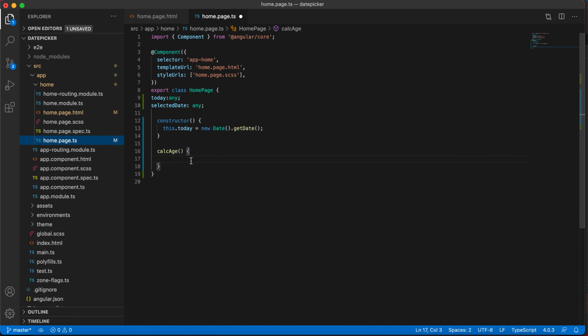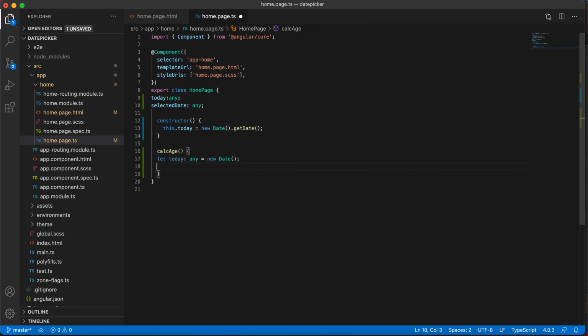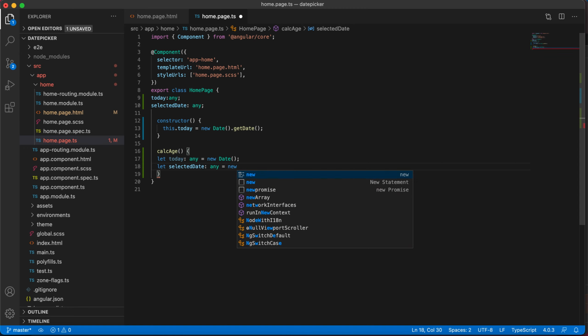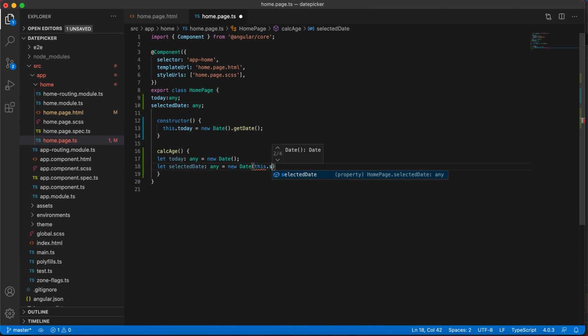So let today: any = new Date(), and let selectedDate: any = new Date(this.selectedDate). It's mostly like a formula kind of thing.